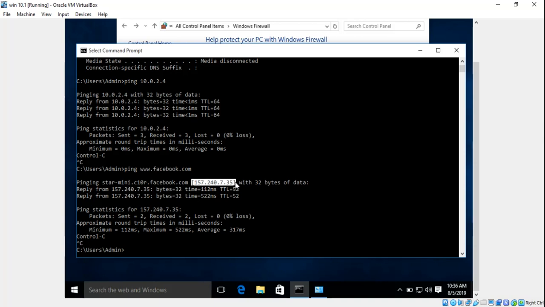Okay, now there may be possibilities that a single server can hold multiple websites. So we can't assume that Facebook is the only website running on this server. For all the websites running on the same server, this is the only IP. So if you ping any other website hosted on the same server, you will receive the same IP. Okay, so this is the IP for the server.